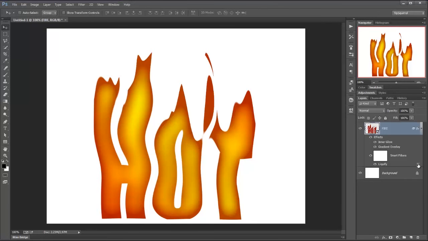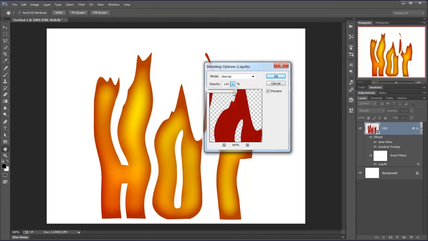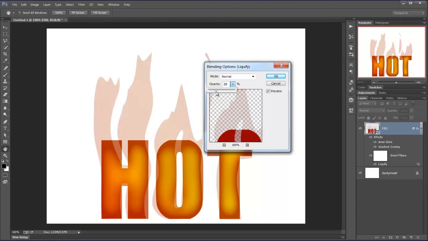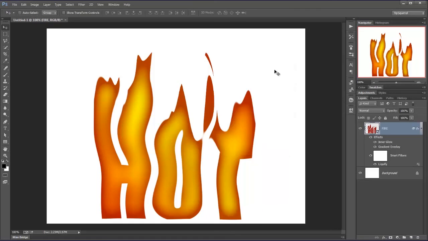We can also change the blending options, so I can come in here and I can reduce the opacity of the Liquify. Look at that. And I could change the blending modes as well if I wanted to. There we go, it's great fun and it's fully editable. Liquify text and keep it editable in Photoshop